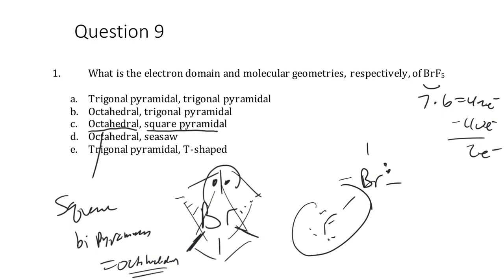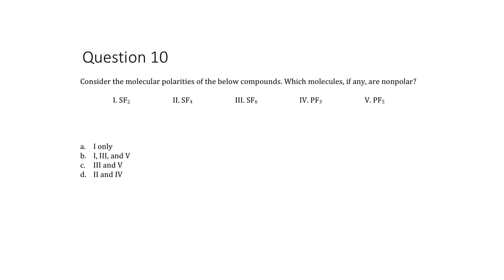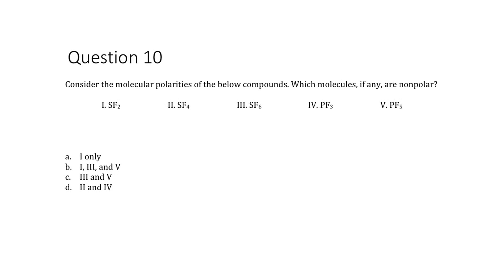So octahedral domain, all 6 domains included, and then just the shape of the atoms. We look at the shape left behind and say, well, it looks like a square pyramid. Consider the molecular polarities of the below substances. Which, if any, are nonpolar? So SF2 is 6 plus 14, so that's 20 electrons. This is going to be bent because we have